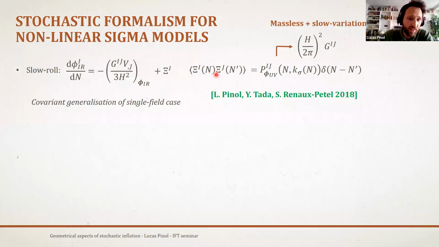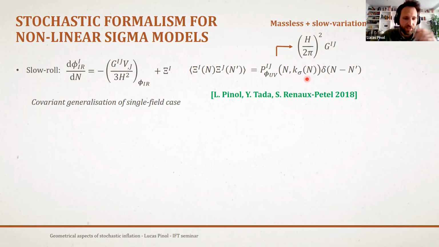This noise term is actually a vector now in your field space. And you see that therefore its autocorrelation function will actually be a matrix. So you will have cross correlation of your different noises. So this will be an N by N matrix. And when you derive the statistics of this noise, just like before, you find that it is proportional to the power spectrum of the UV fluctuations at the cutoff scale.